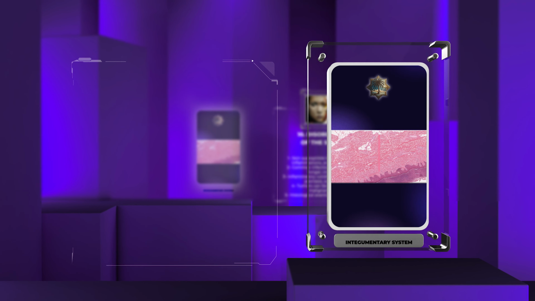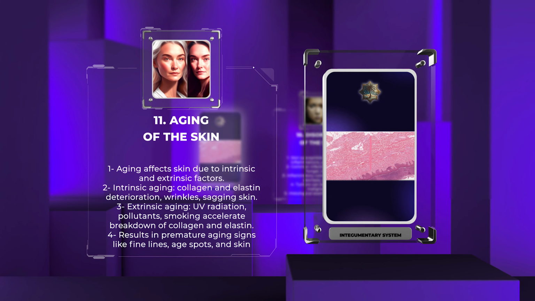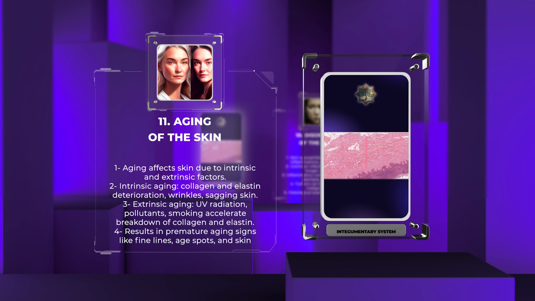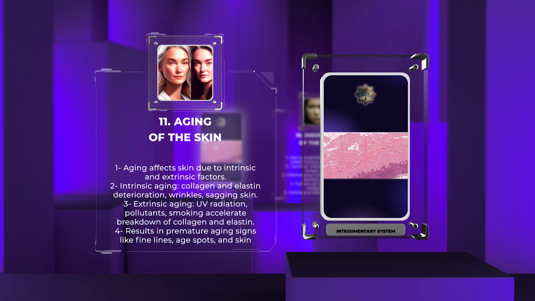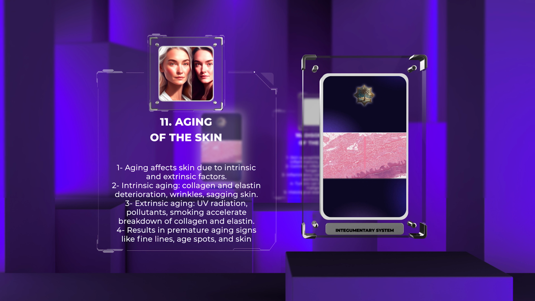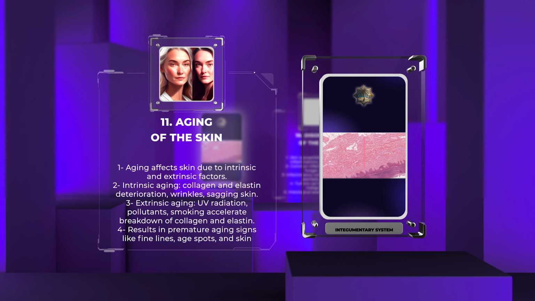As we age, the skin undergoes several changes due to intrinsic and extrinsic factors. Intrinsic aging is a natural process influenced by genetic factors that result in the deterioration of collagen and elastin fibers, leading to the formation of wrinkles and sagging skin. Extrinsic aging, on the other hand, is primarily caused by chronic exposure to UV radiation, environmental pollutants, and smoking. These factors accelerate the breakdown of collagen and elastin, resulting in premature aging signs such as fine lines, age spots,